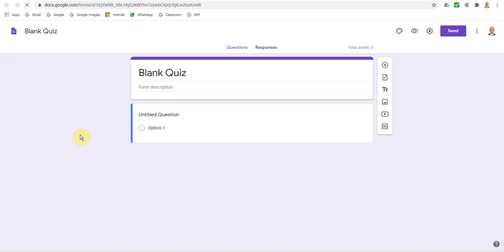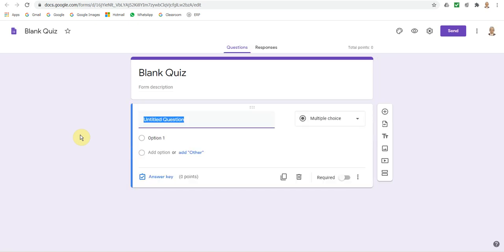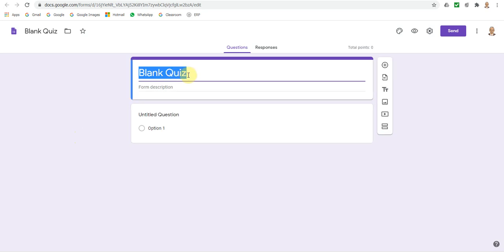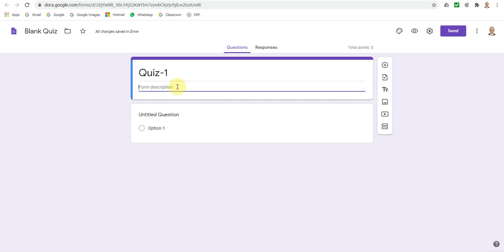So now it takes you to a page where we'll create the quiz questions. So again there is a topic here, it's a blank quiz. You can give the quiz name. I'm giving the same title here. If you want to give any description, you can give it. Probably most of the time you won't need anything, so the only thing we need to give is this heading for the quiz. So here is where we are going to create the questions, and on the side you have various tools. Of course we'll first focus on how to add questions, so the remaining I'll give in a separate video.